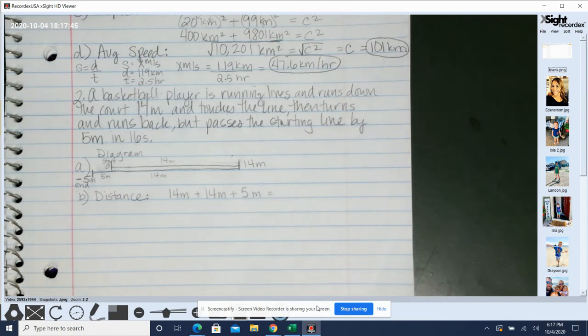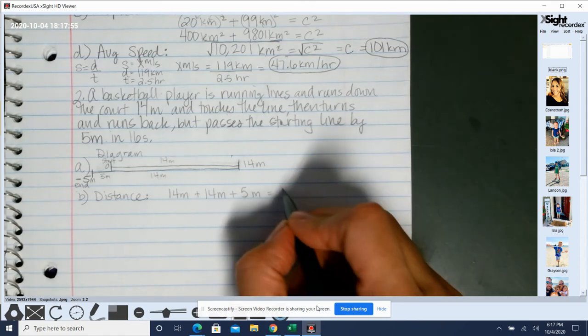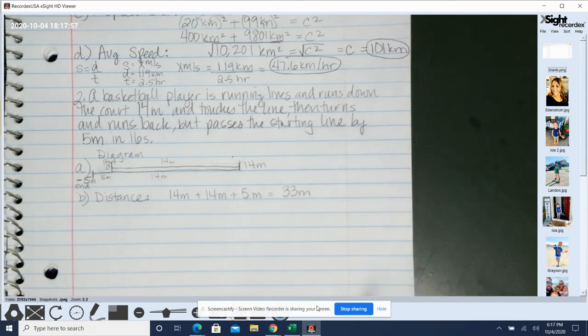Okay, so if you were to add 14 plus 14, you might know that that is 28. And then we're going to add an additional 5 to that, which makes 33 meters that person ran. Okay,